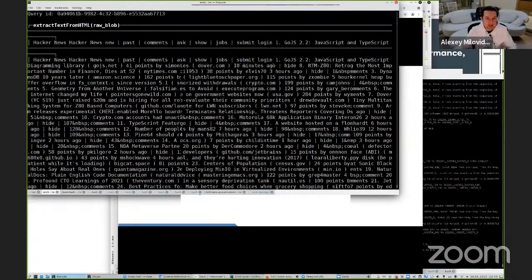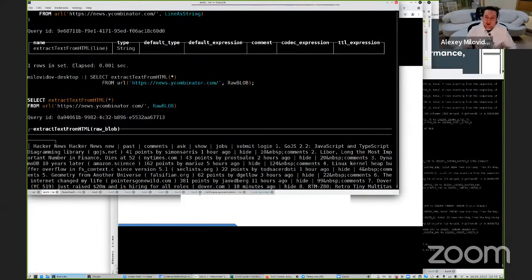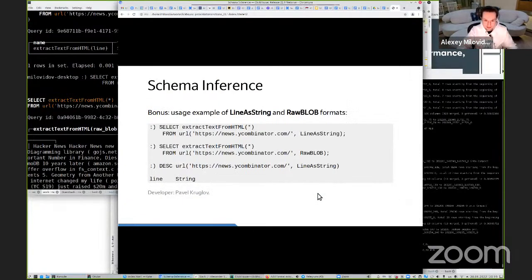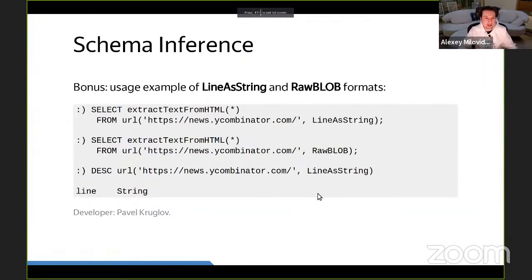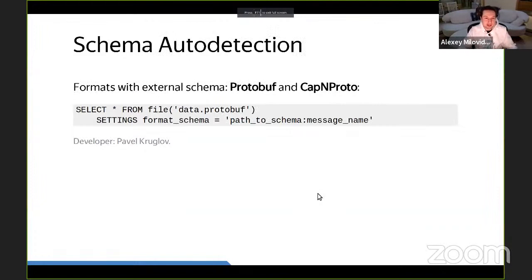What is it? The format RawBLOB will read all the data as one record with one field of type string. So you get everything as a single string. What else?